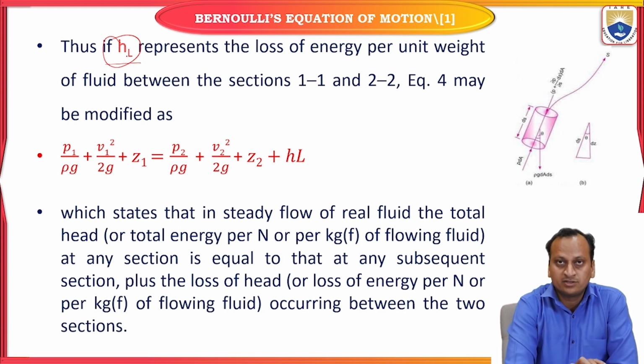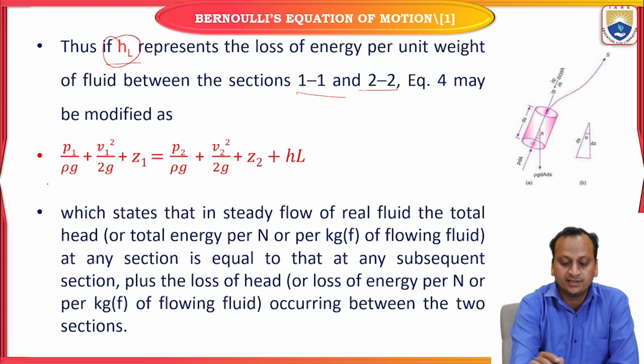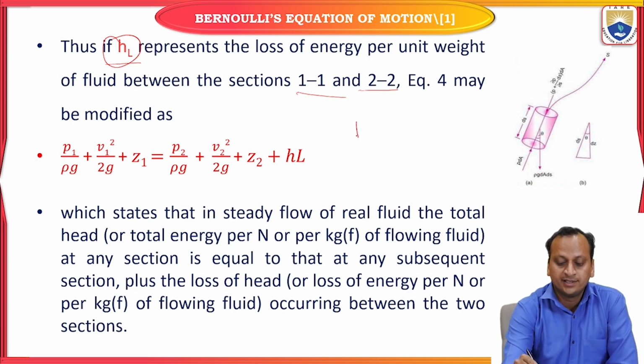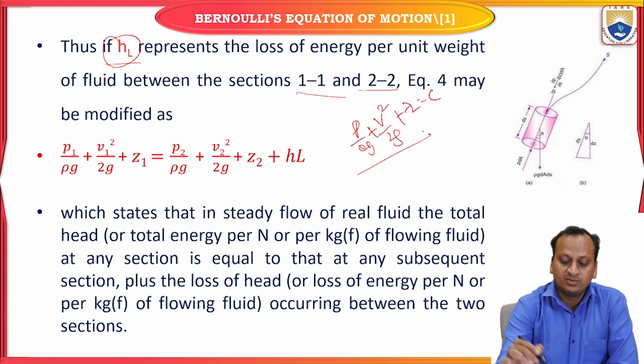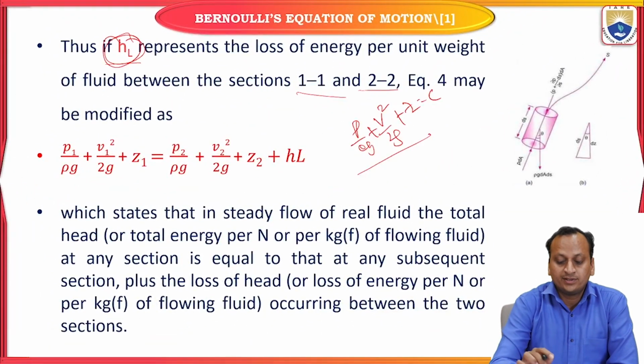HL denotes the loss between the 2 points, section 1 to section 2. In such cases, the same equation can be written. Actually the Bernoulli's equation is P by rho g plus V square by 2g plus Z equals constant. But between 2 points, there are losses also existing as it is real. So as there is a loss, in this case we have to adapt